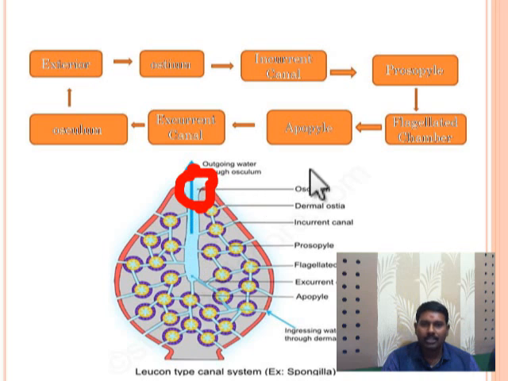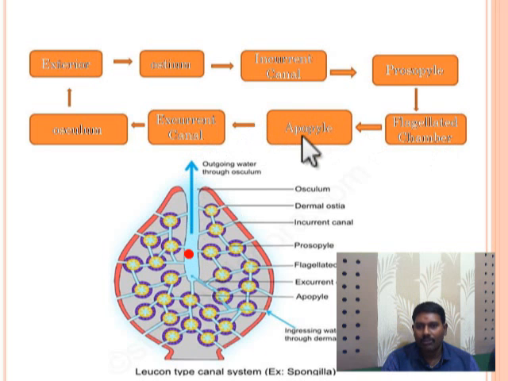So the difference between sycon and leucon is the movement of water from ostia and incurrent canal to the radial canal in case of sycon, whereas here it is the flagellated chamber instead of the radial canal. And also from the flagellated chamber, the water will reach the excurrent canal